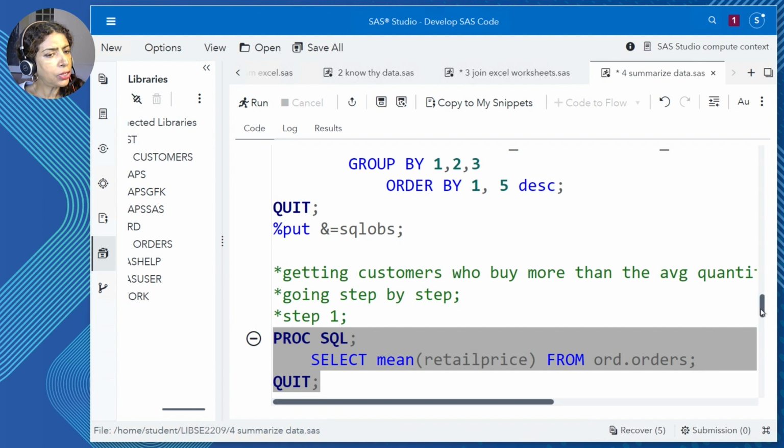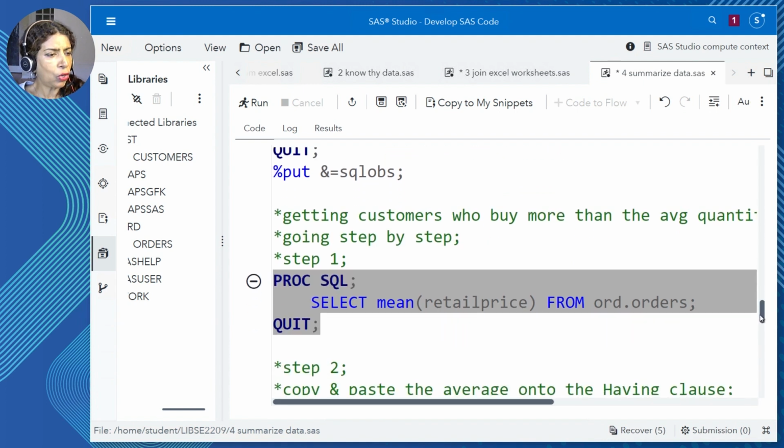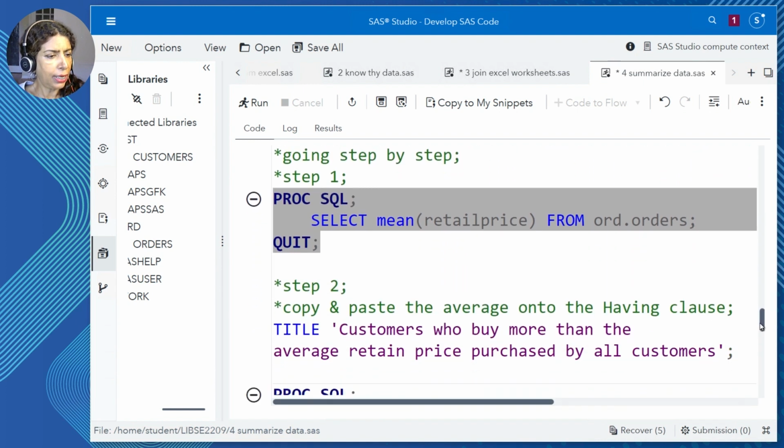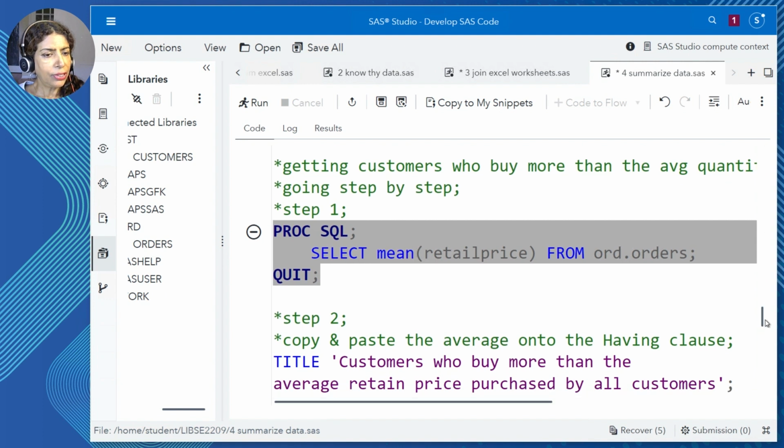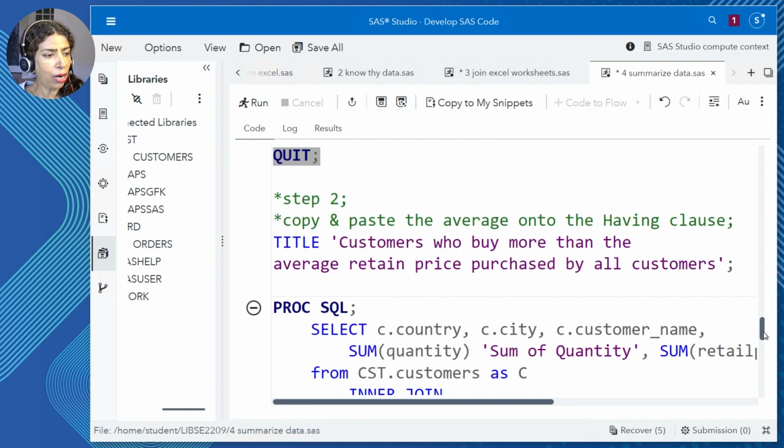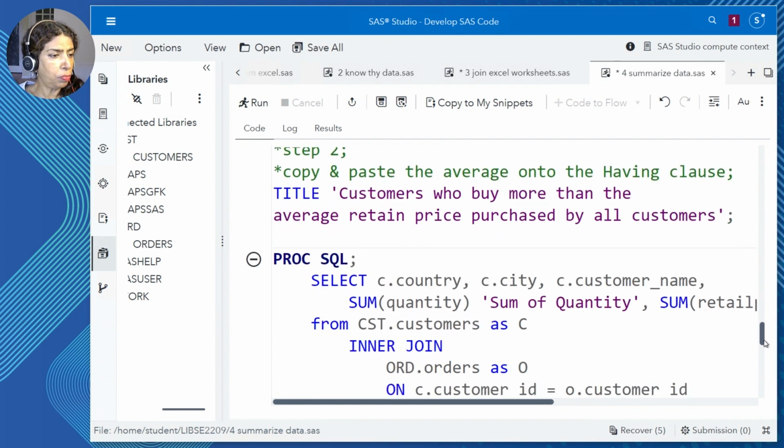Now I need to go and build what is called a subquery. A subquery is a query that sits inside of a query. So it can sit inside a where or a having clause. So this value I can embed against a where or a having clause. If you recall, the having is what's going to cut through or filter group data.